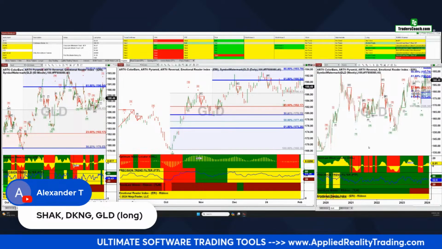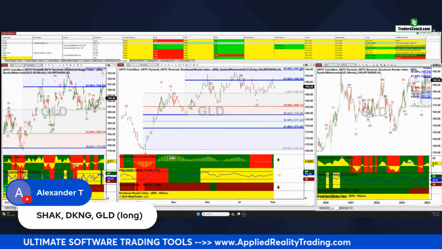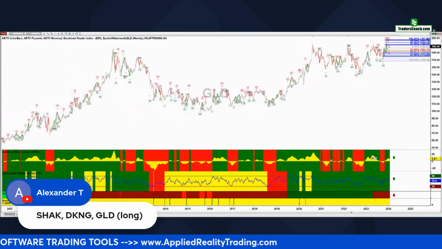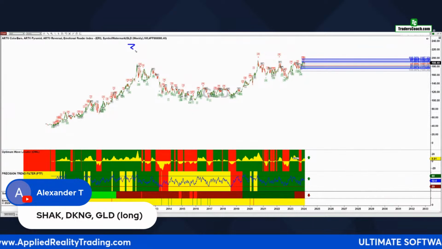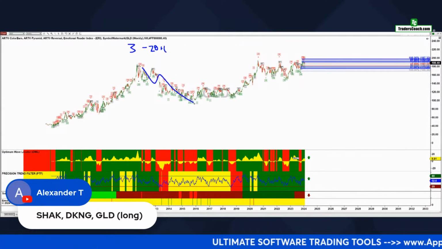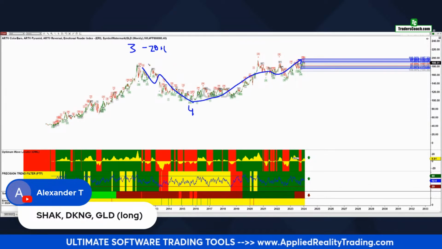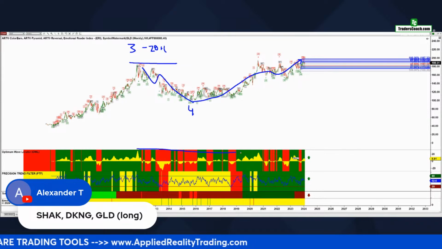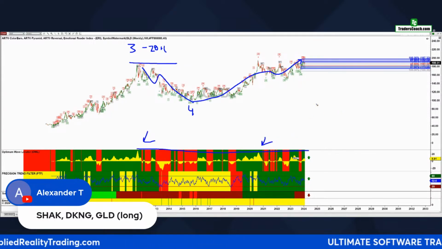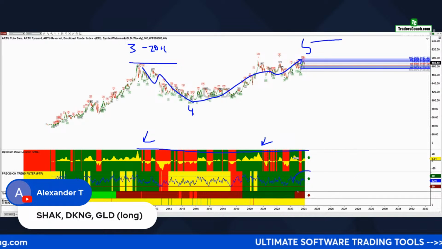All right, so gold's kind of been an interesting trade for quite some time. If we go to the weekly chart here, we had a major wave 3 in 2011, right? Multi-year wave 4, and now this has been a wave 5. We've exceeded the wave 3 high. We have bearish divergence between the owl here and here, which you must have for wave 5. But you have a green PTF, so wave 5 is not over.